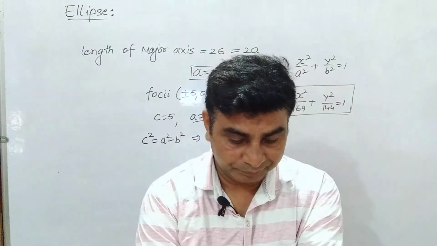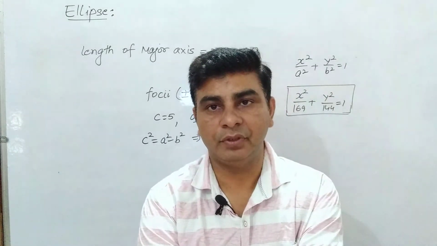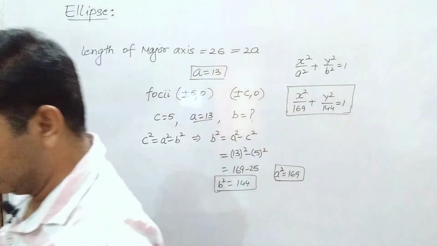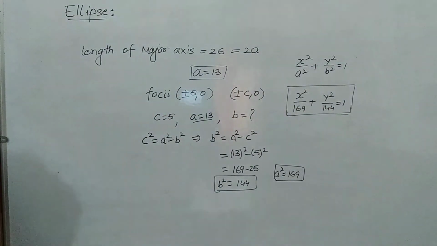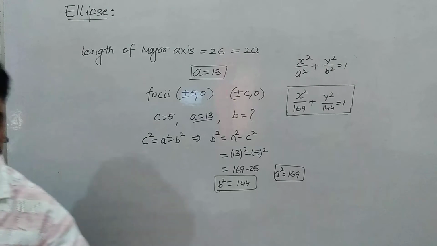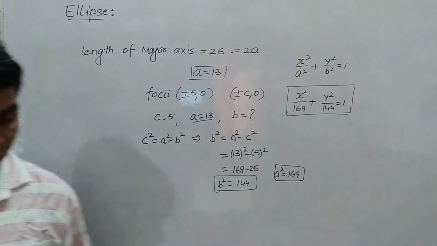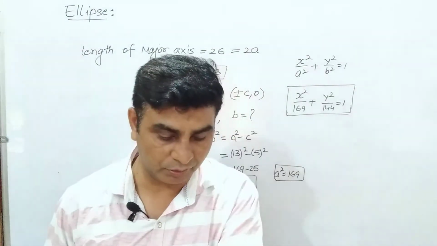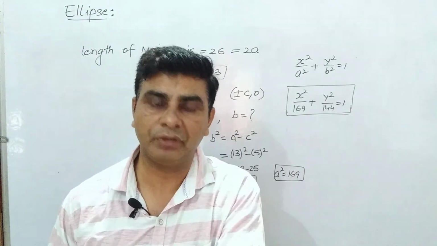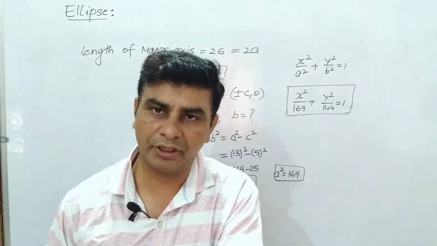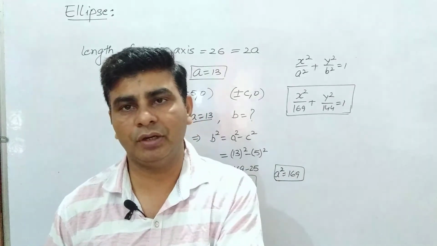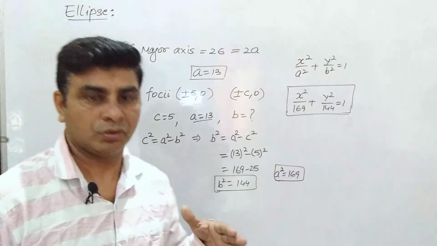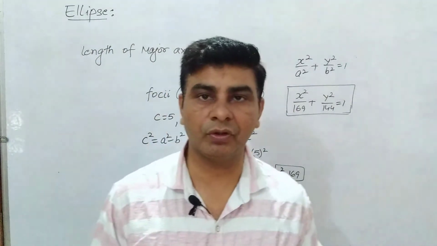So my dear students, question number 16 is again the same as we have done, in which we are given with the length of minor axis only. So we are given with the length of minor axis and the foci are also given to you. Now number 17, in which foci is given to you and the value of a is also given to you, or from foci you can find the value of c. A is already given to you, so we can find the value of b using the relation c square minus b square. So question number 17 is totally homework for all of you.